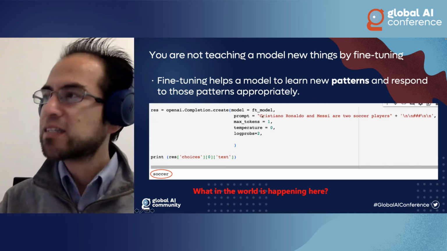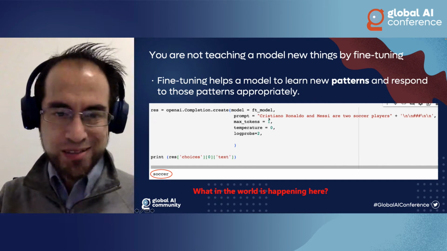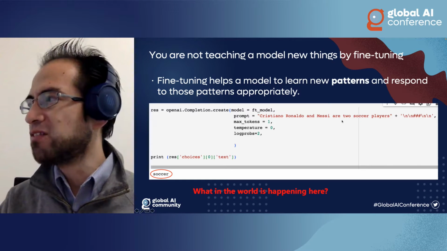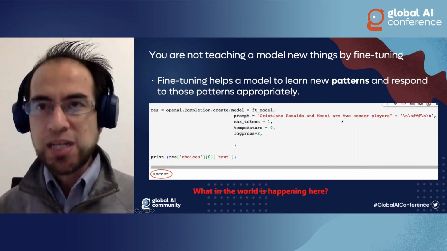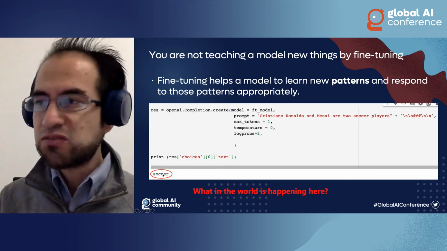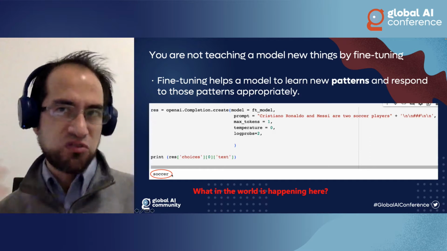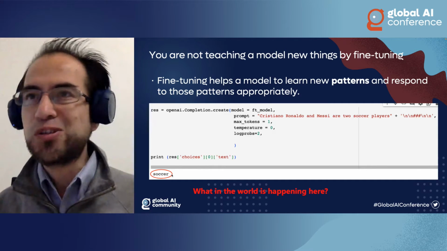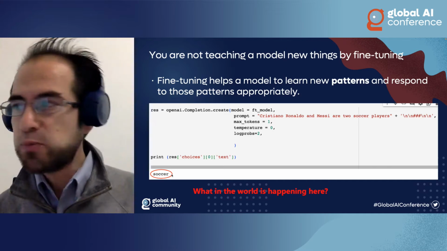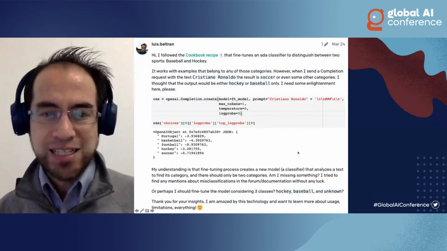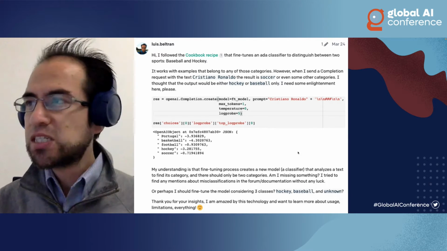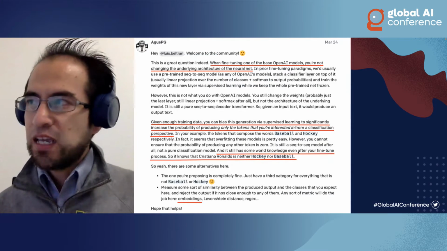However, when I ask something apparently outside of the scope, like this message, "Cristiano Ronaldo and Messi are two soccer players," I was amazed that it brought this result: soccer. I did not train or fine-tune my model to bring this output. So then I asked in the forum, and I got a response that basically with fine